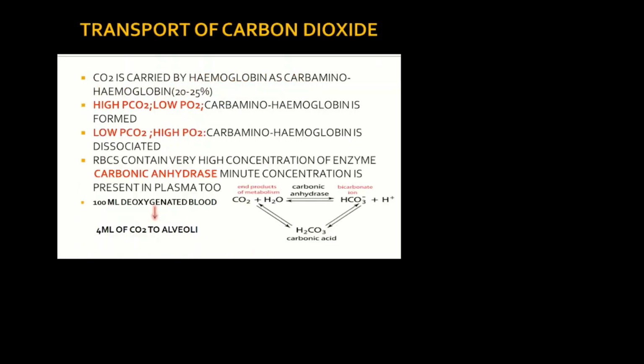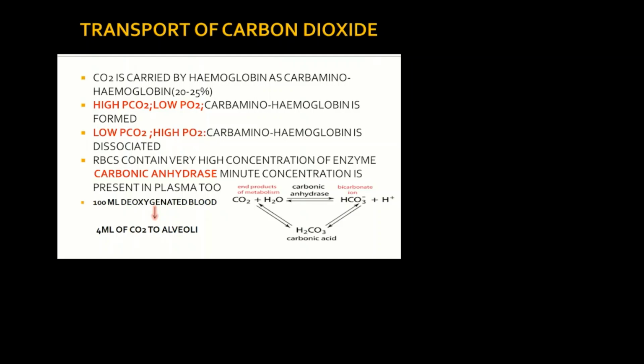Transport of carbon dioxide. Carbon dioxide is carried by hemoglobin as carbaminohemoglobin. As we studied earlier, 20 to 25% of carbon dioxide is transported by carbaminohemoglobin. High PCO2, low PO2, carbaminohemoglobin is formed. High PCO2, the partial pressure of carbon dioxide is higher, and the partial pressure of oxygen is low. The carbaminohemoglobin is formed. Low PCO2 and high PO2 are the favorable conditions for the formation of oxyhemoglobin,